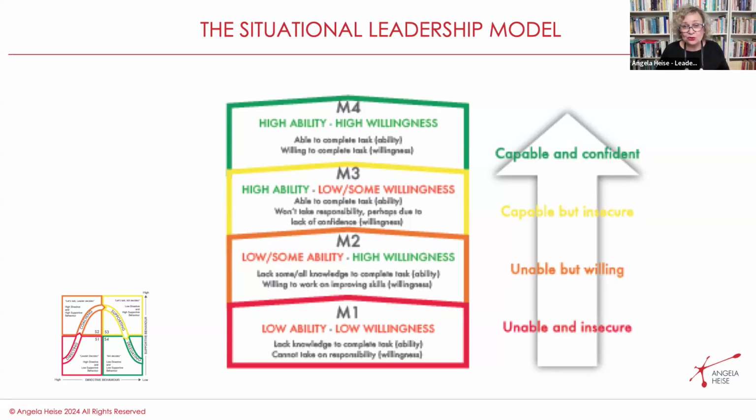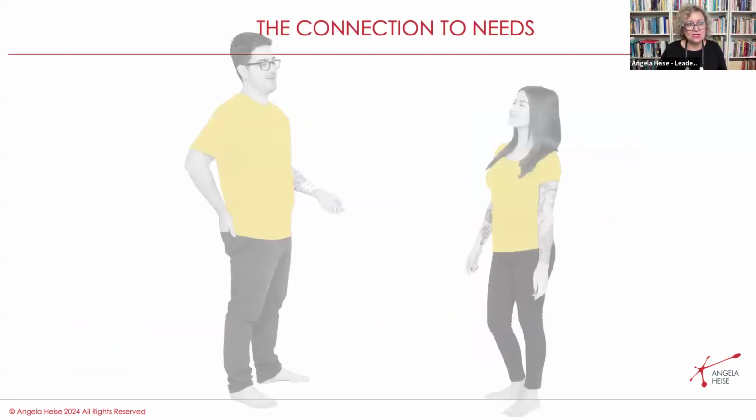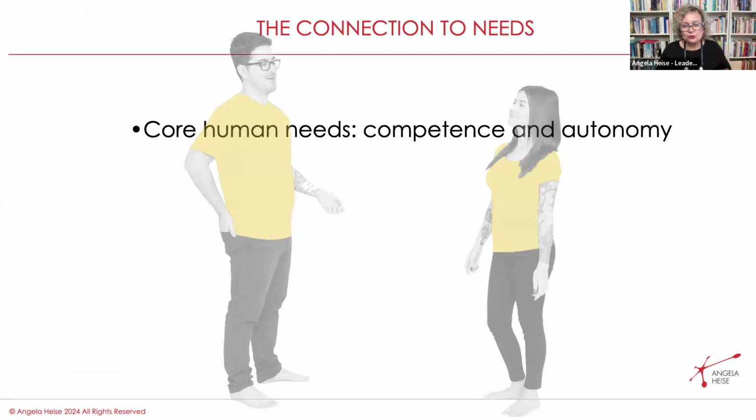And this is really important for small business owners in an economy where it's a gig economy and people have to turn over very quickly. People stay because they feel appreciated and they feel that they are growing and developing. And what you do is you can actually become more flexible, because there will be somebody who can step into your shoes once they know how to do these things. So you may wonder how this connects to needs. Well, we have two core human needs, and they're called competence and autonomy.